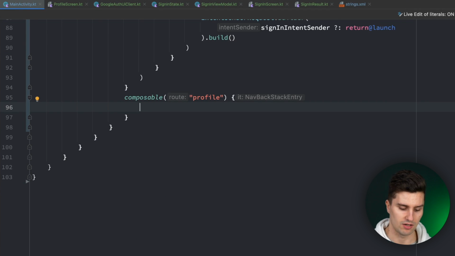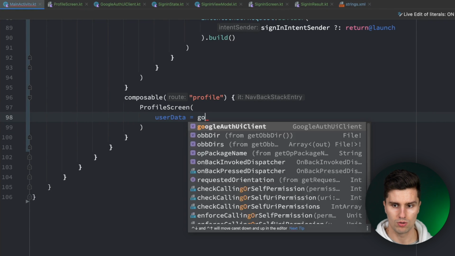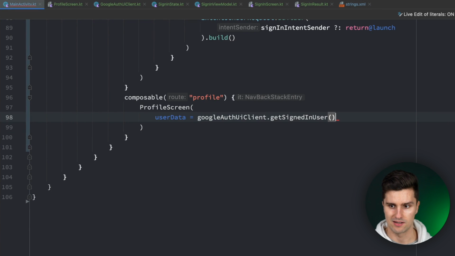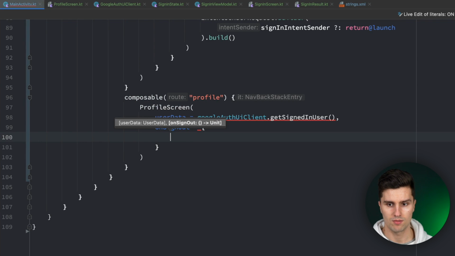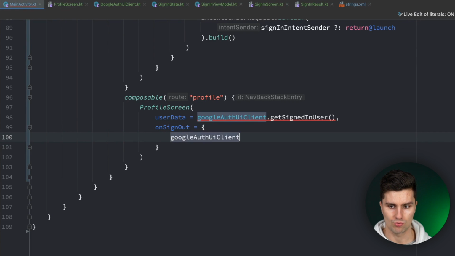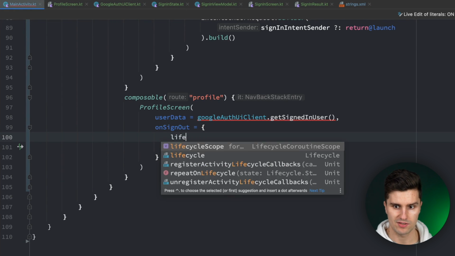Let's go to main activity. I will show you how. And here we will just have our profile screen. And for the user data, we will now just pass our Google Auth UI client get signed in user. And for on sign out, we will simply have a lambda here, which also calls our Google Auth UI client, calls sign out actually in lifecycle scope